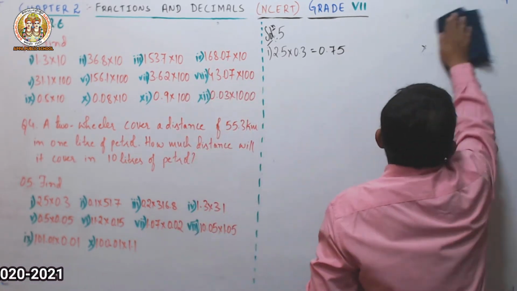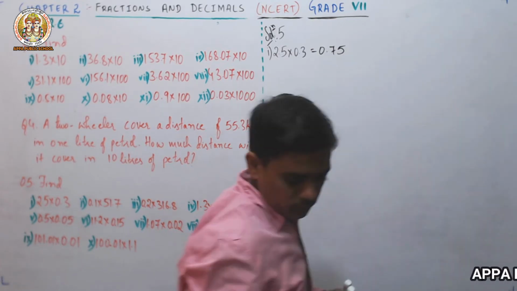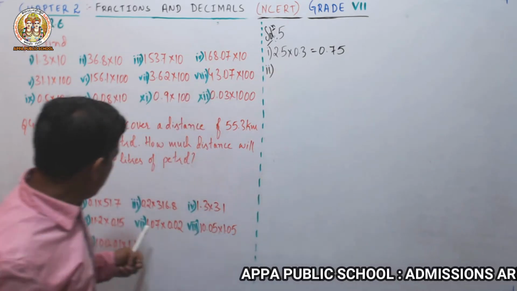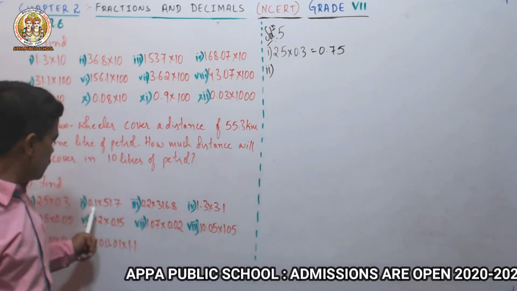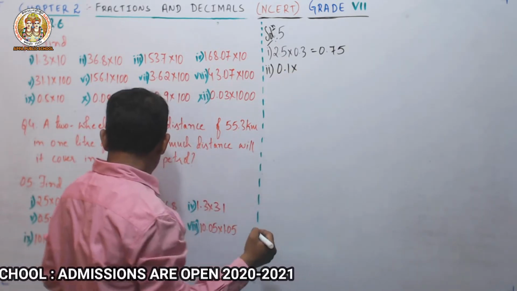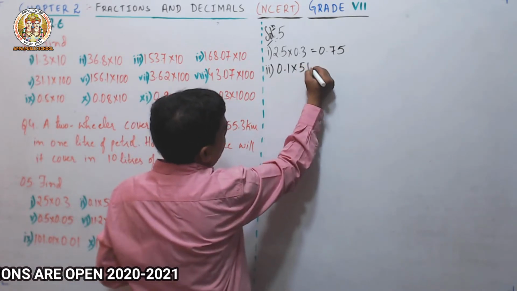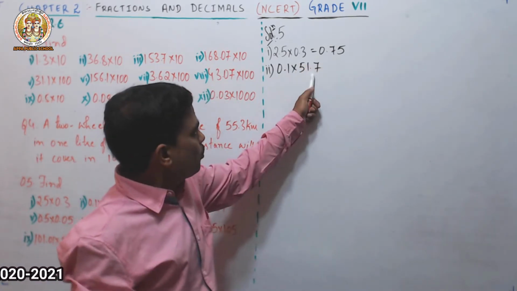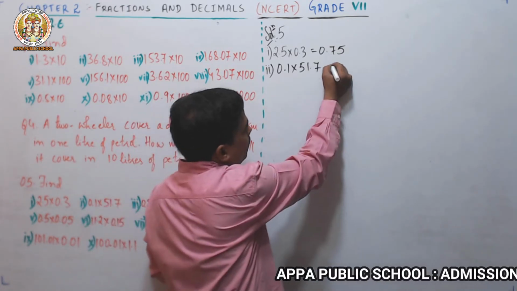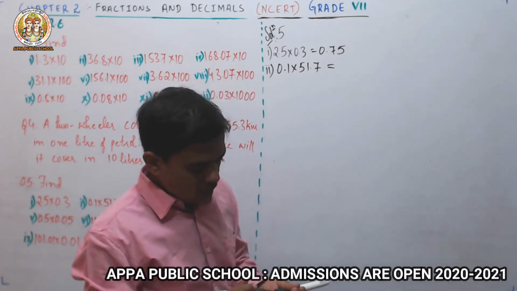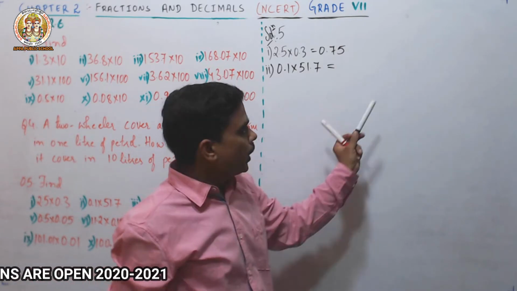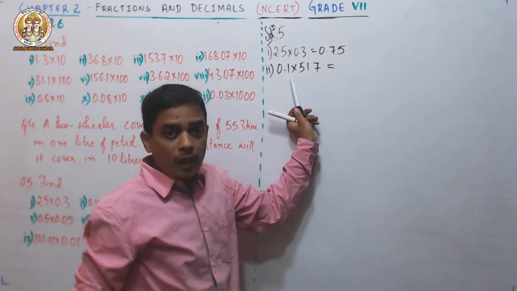Next one. I'll move for the next one. What is the next question? Second bit. See here. What is the second bit question? The question is 0.1 into 51.7. So you can multiply, that is 51.7 into 1. How much it will be? 517 only. If you know, you can do it. You can eliminate the steps here. If you know. If you don't know, if you don't want to take risk, better you multiply it. If you are perfect in this one, you can directly do here. That is 51.7 multiplied with 1.